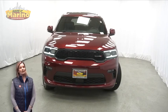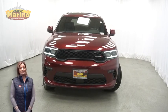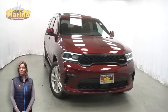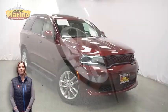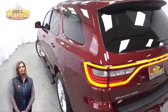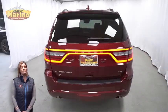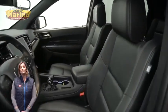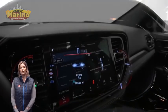There's only one vehicle that blends classic style and modern design to create the next generation of an icon. Take a look at this certified pre-owned 2022 Dodge Durango GT Plus in Octane Red. With HID headlamps, adaptive cruise control with stop, 20-inch aluminum wheels, black tubular side steps by Mopar, rear load leveling